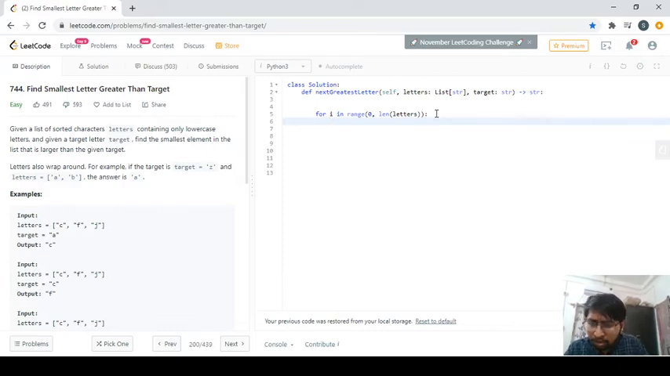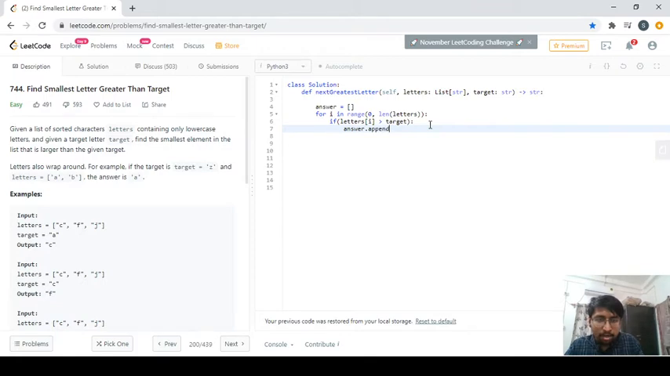So I need to use some kind of conditional statement, because I am completely focusing on whether it's greater or lesser. What we are looking for is an element in these letters which is greater than my target, and that is basically my answer. In any of these problems, the best way is to have an empty list. As soon as you get the answer, you can append it into this